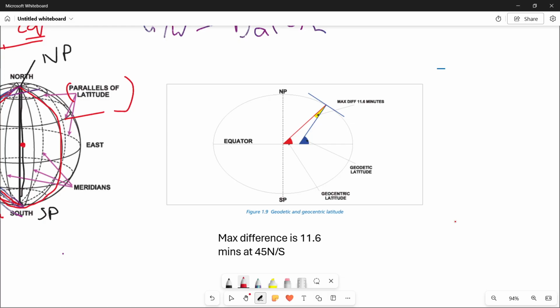Now let's come to the topic of latitudes. According to the Oxford definition, latitude is the point measured from the center of the earth along the meridian. These are the meridians. These are the points. Okay. We all know the basic definition of latitude. The important concept to note is the